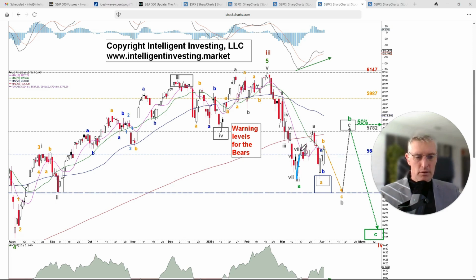Okay, so we had 3 up for A, then this was a 5-wave decline for A, ABC for B, and then we should see another 5-wave decline for C of B. And then we'll see another 5-wave rally for this larger C of B. And then we'll see another 5-wave decline into that ideal target zone. So this would still be possible. So we have to keep an open mind.